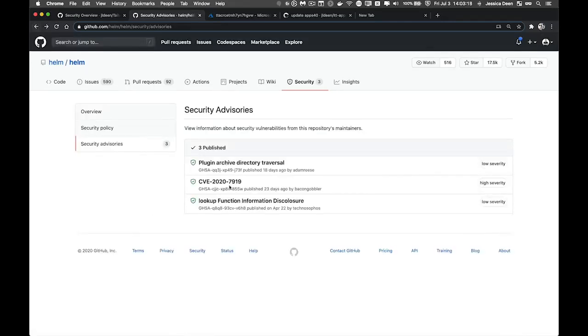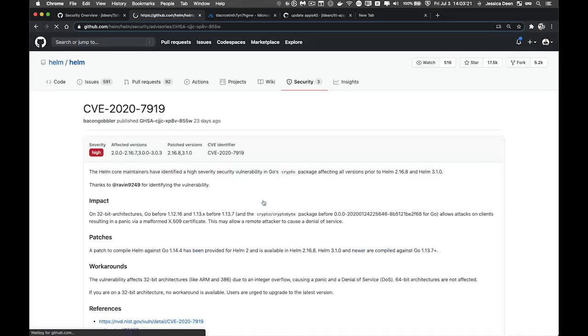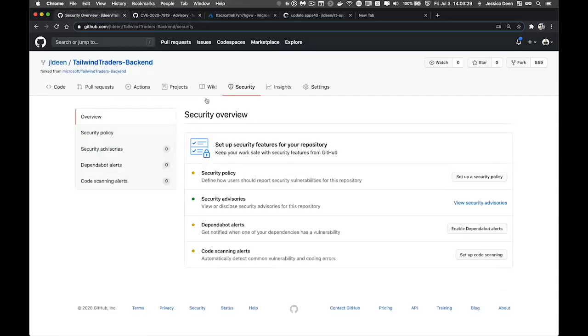If we go back, we can see that we also have two more. So for example, if we take a look at the CVE here, you can see that this has a high severity level. This is one of the great features that's, again, built directly into GitHub that you can then utilize in your project. Now, if we go down further in the Security tab, you can also set what's called Dependabot